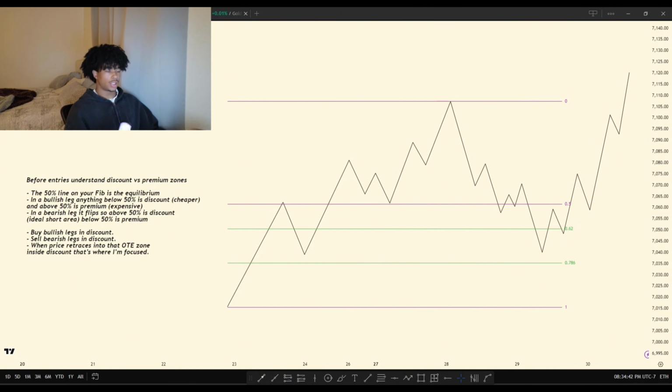So when we're seeing price rebalance, retest a range, of course, I'm looking at discount, that's a given, but getting more specific, more tighter within that concept, I'm looking at OTE of the discount range. So if it's bearish, bullish, doesn't matter, OTE is always going to be in discount. And what does OTE stand for? It stands for optimal trade entry. So trades out of OTE are typically or always going to give you a better risk to reward, and it's pretty much the lowest price or the highest price can go within that retest without breaking the true trend of